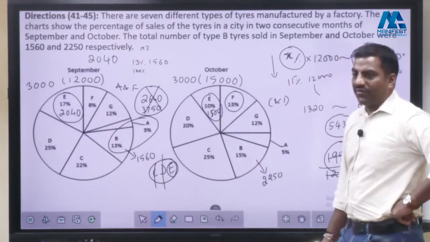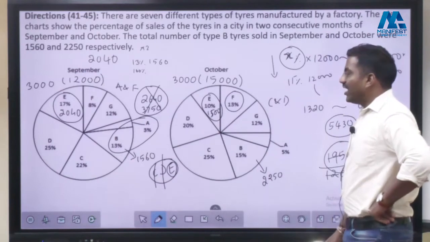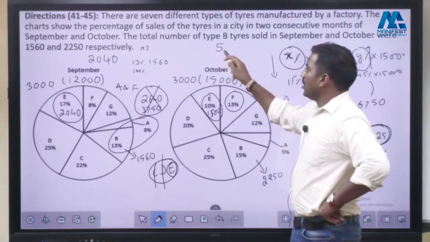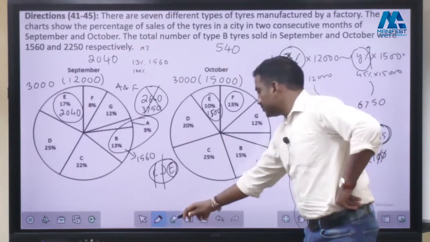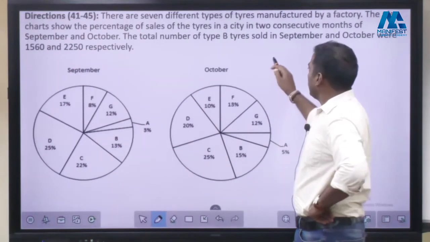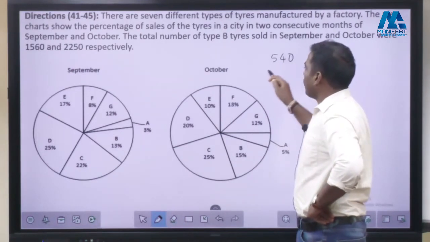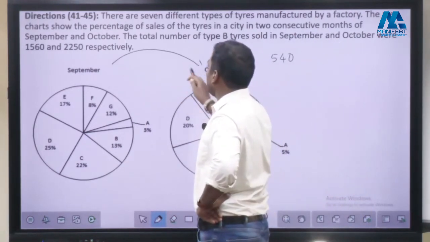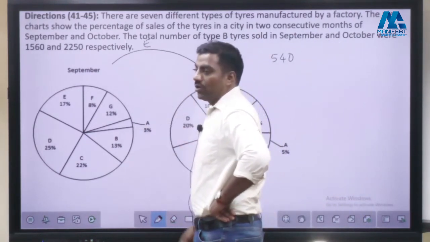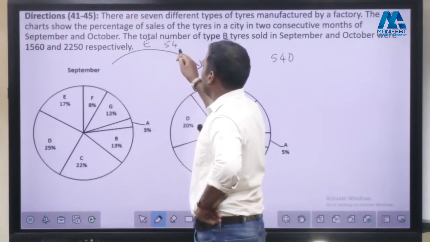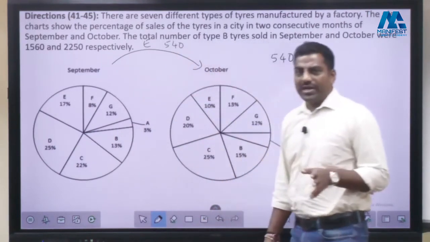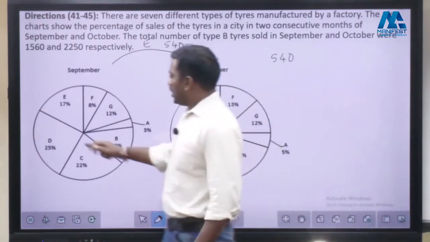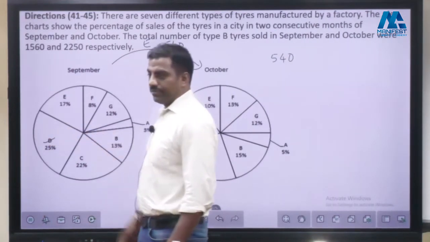So 2040 and 1500. So totally 540 was the drop. How much? 540 was the drop. Totally 540 was the drop from what? September to October. If you take only E, what was the drop? 540. What about D? It was equal, right? D was equal. So, if you leave D,